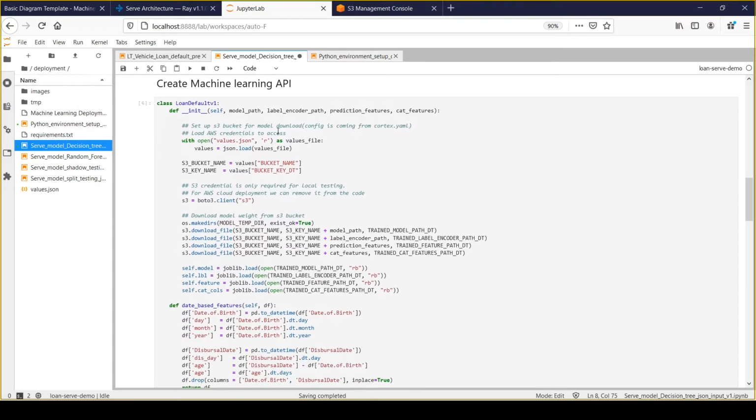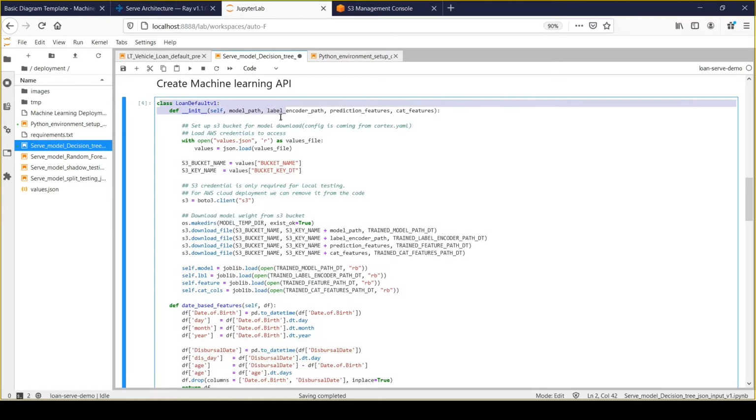Then next we need to create the machine learning API, and RayServe has a special structure for defining the machine learning API. So you need to define the machine learning API in the form of a class. So here the name of my machine learning API is lone default v1. So that's the name I have defined.